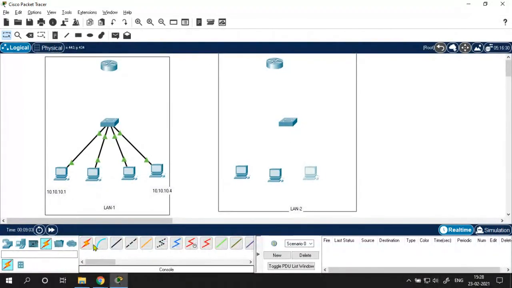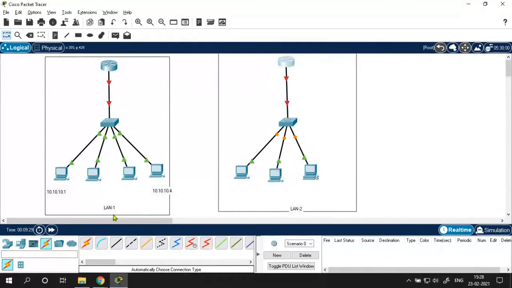Next, let's do the connection. So which cable will you be using to connect to the router? Okay, fine. It's connected. Now we have to connect these two. This network is set up.